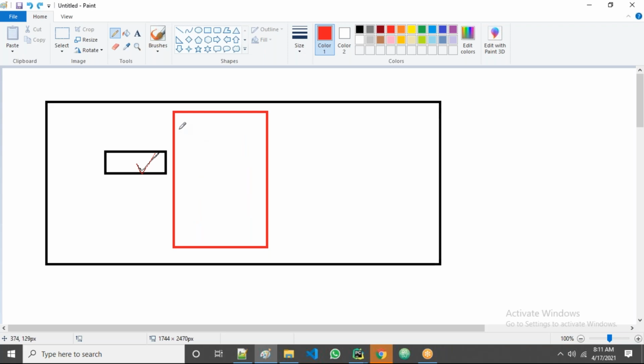And in this modal, guys, there are three parts. The first one is the modal header, then the modal body, and the modal footer. So the modal has three parts: modal header, modal body, and modal footer. In the header, you display some titles and some content. You can display some links, guys, anything we can display here.